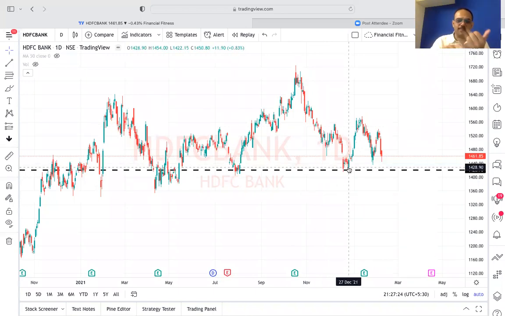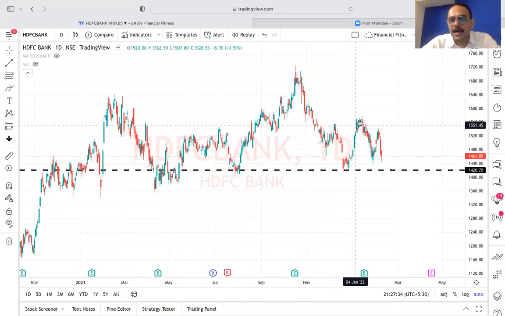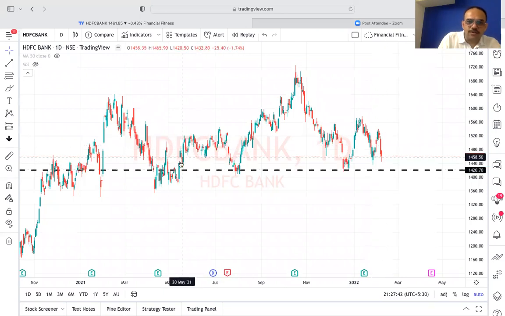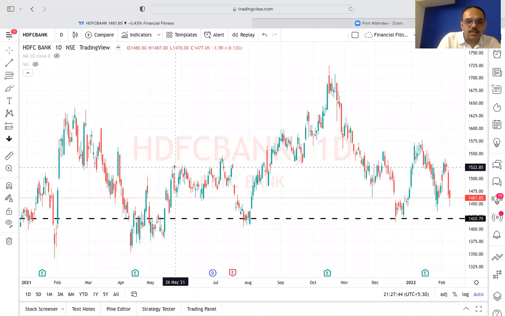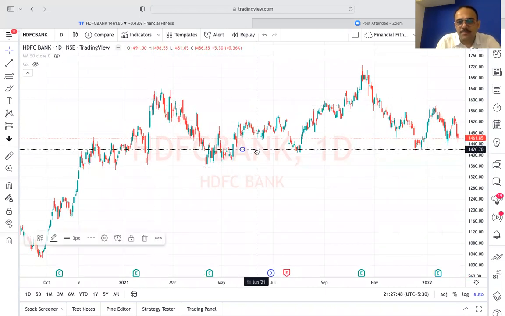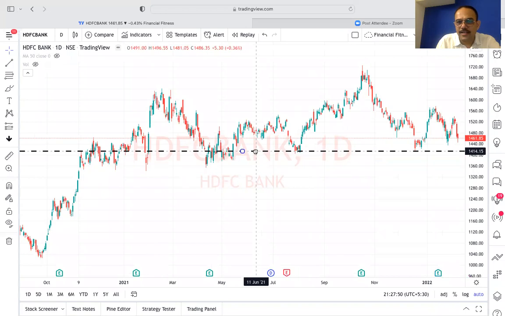So July, August, September, October, November, December. After 6 months, again it came down, and like a ball, it bounced from here, went up. Again, it is trying to come and take a support here, right? So even if you go in history also, there was buying when it came down at this similar level. If I adjust it here,